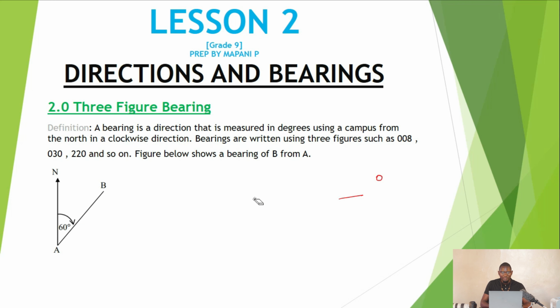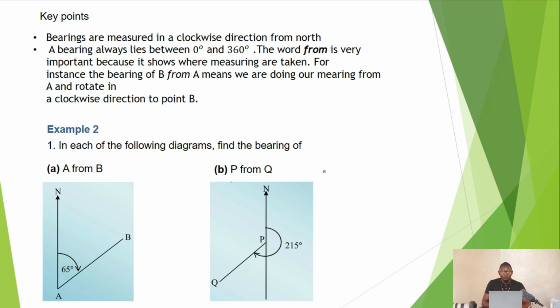Now we need to understand the 3-figure bearing, that there's a term that we use when we say from. From is a very important term that we need to understand when we are looking at the 3-figure bearing. So the word from is a very important word because it just shows where the measuring is taken. So for example,